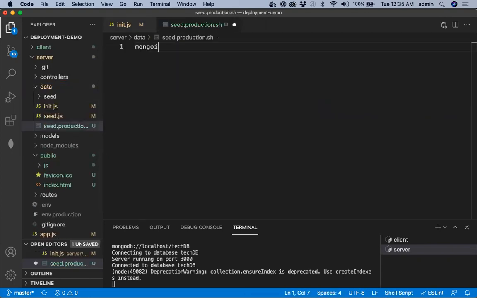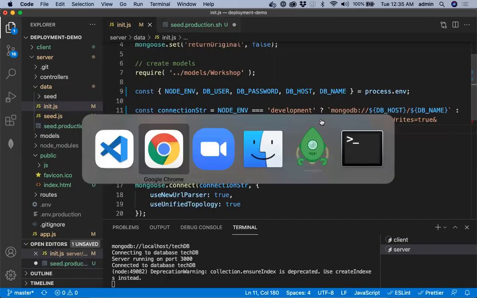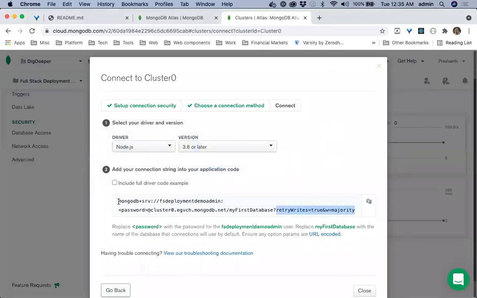and we'll say mongoimport. We'll run the mongoimport command. We'll give the connection string here, URI equal to, will be very similar to this. In fact, it will be very similar to this. I'll copy here.